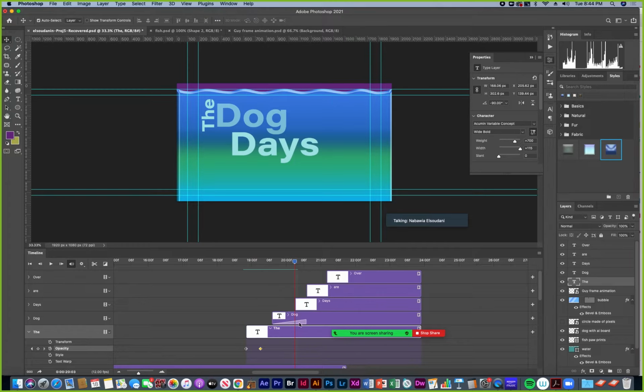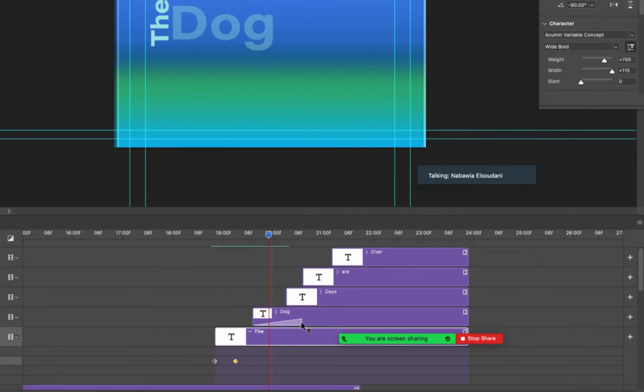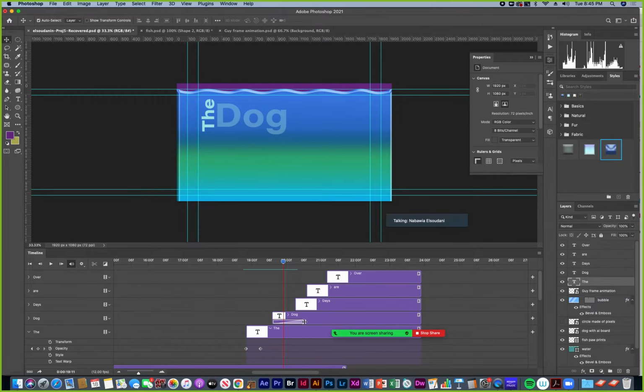So now this is fading in. Instead of just popping in, now we have the text fading in, and I can adjust how long it takes to fade by adjusting the duration of the fade, so it can fade in faster or take longer, extend the fade longer or shorter.